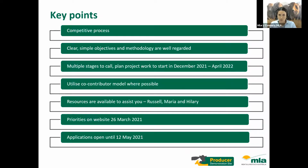We've got the resources that are available to you. They're available all the time on email and mobile, and that's Russell, Maria, and myself. The priorities will be listed on the website on the 26th of March, and applications are open until the 12th of May. So I'll hand over to Rob now,